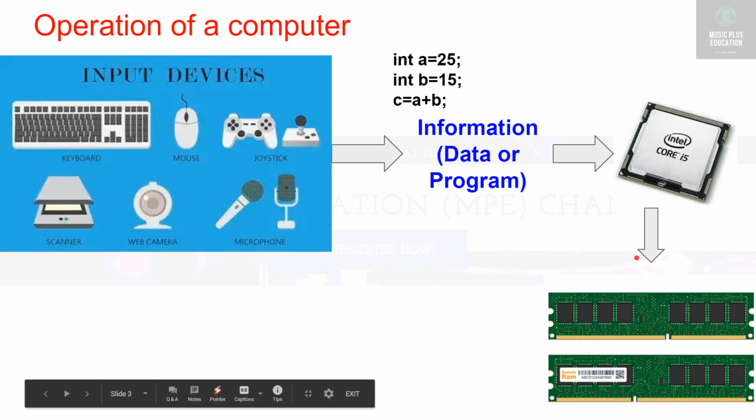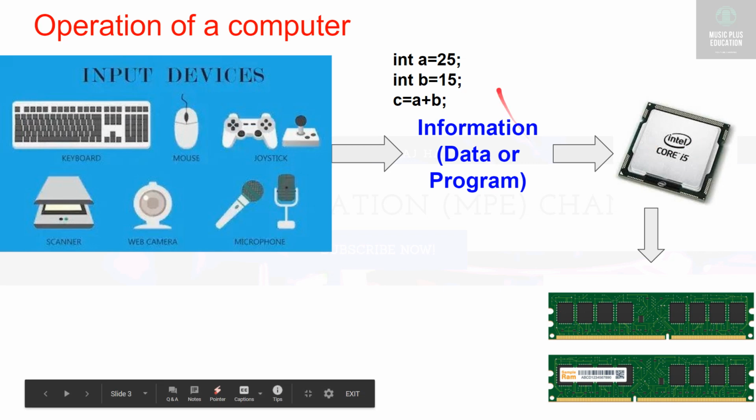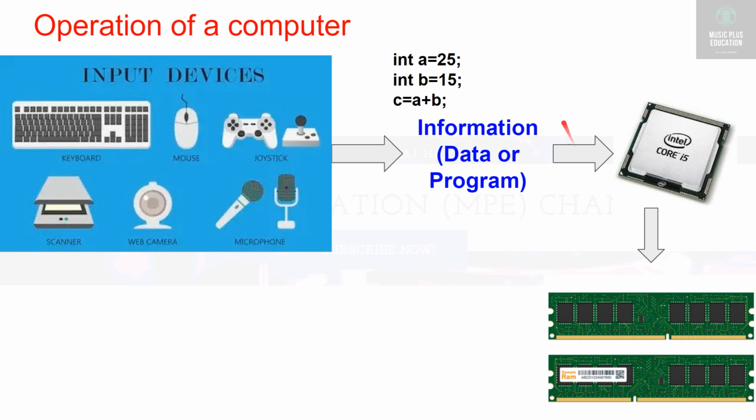That is the reason the processor and cache memory are fabricated on a single chip. Processor as well as cache memory are fabricated on a single chip. Now the processor need not go to main memory to fetch the instruction each and every time, all the instructions and data. Again, how will the data be fetched from the main memory? Again, it has to send the address. The processor has to send the address of each data to fetch 25 and 15.